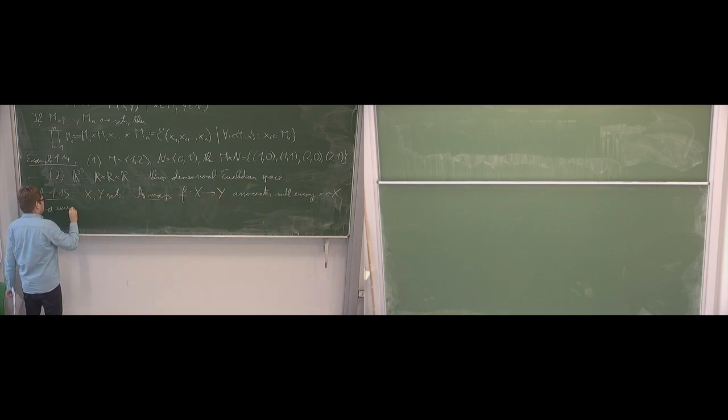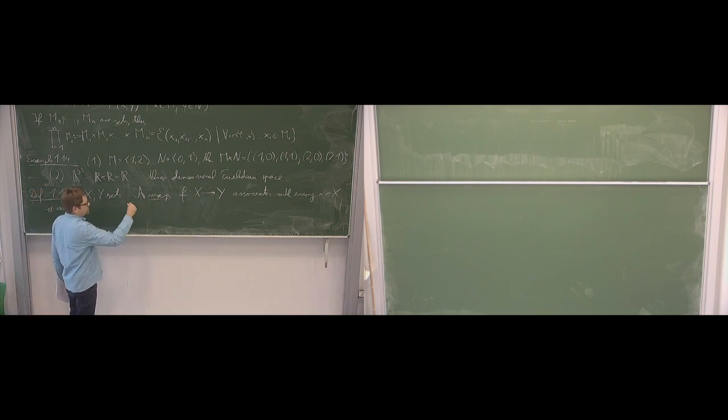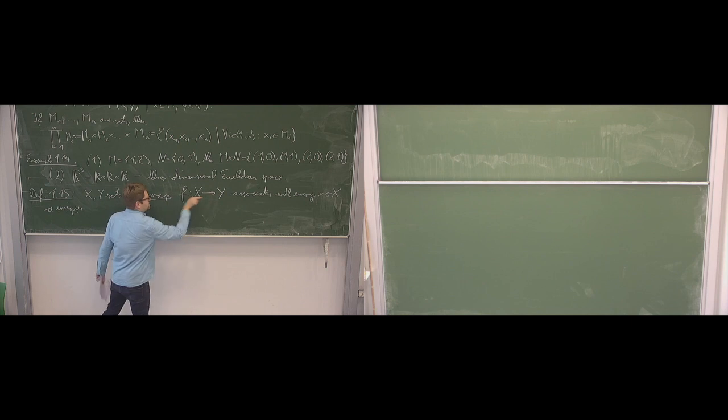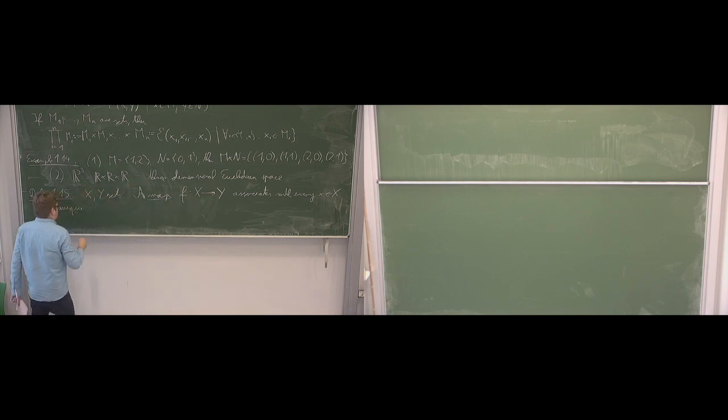So we do not associate 2 points to the same element or something. We just take every point in X to a point in Y. And so this arrow is then giving the direction here. So a unique